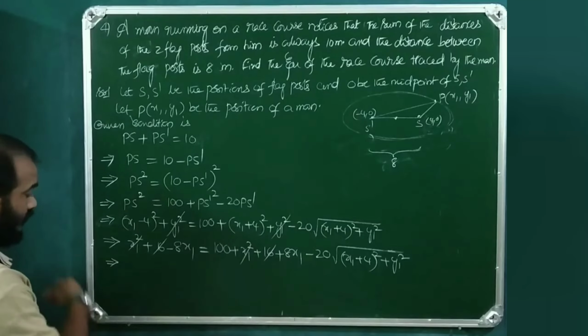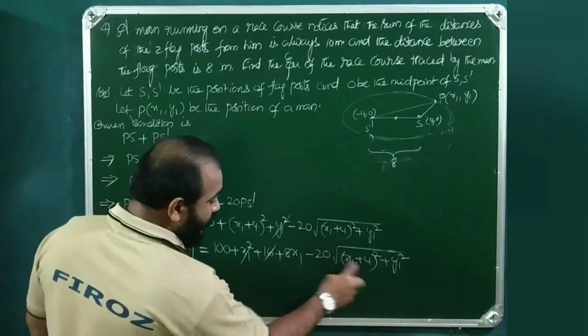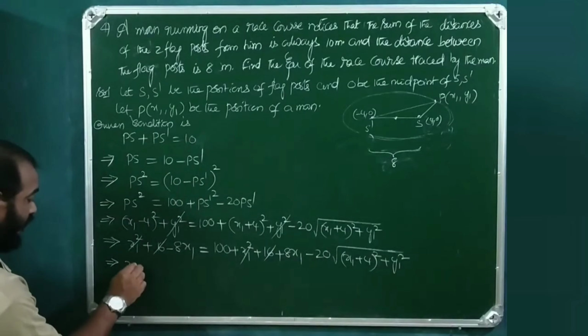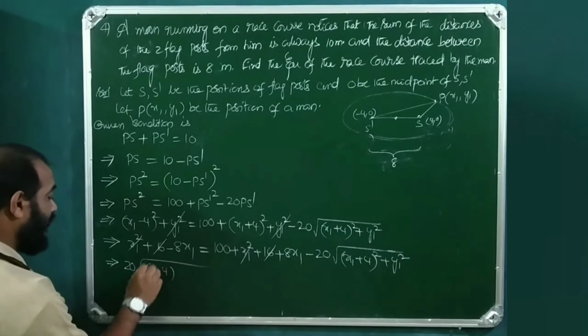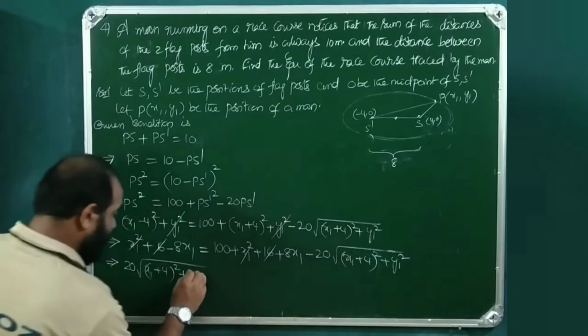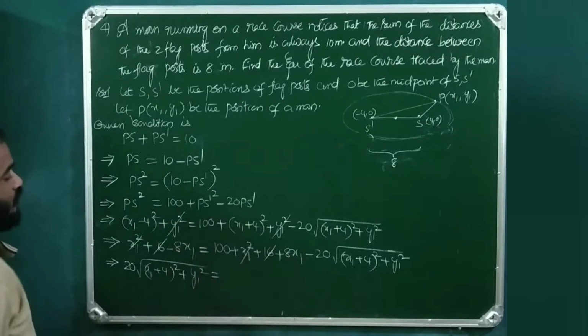So this is equal to minus 20 into this; if you transpose this side, 20 into the square root of (x1 plus 4) whole square plus y1 square is equal to